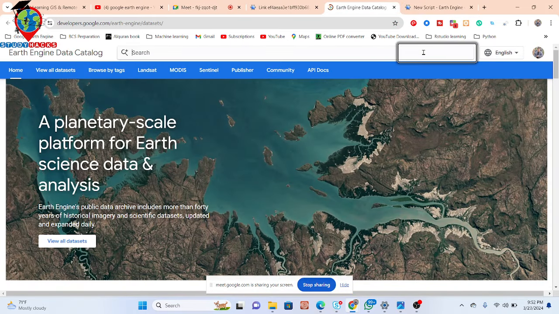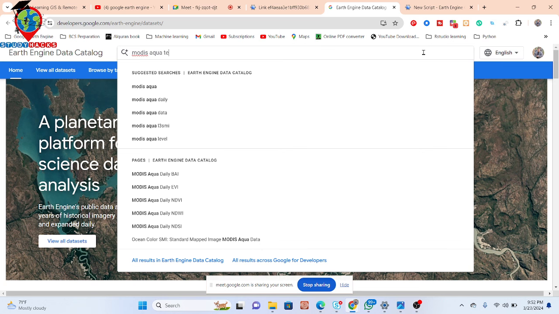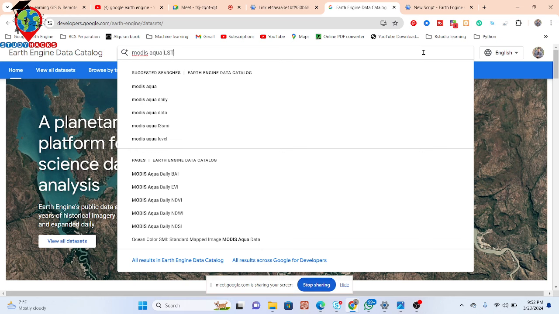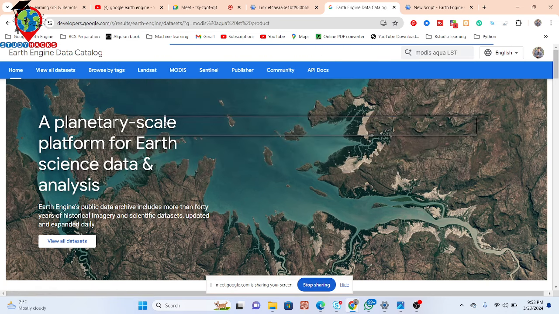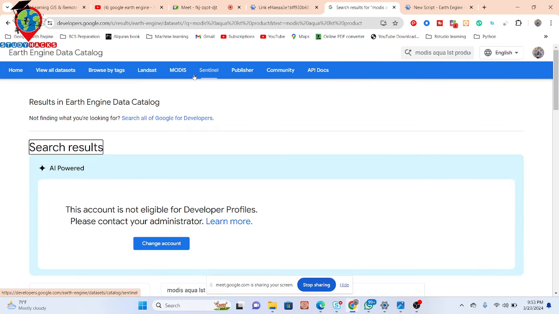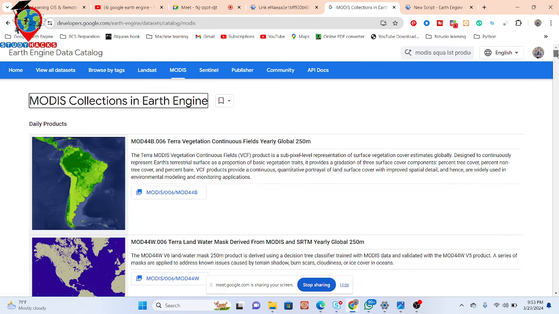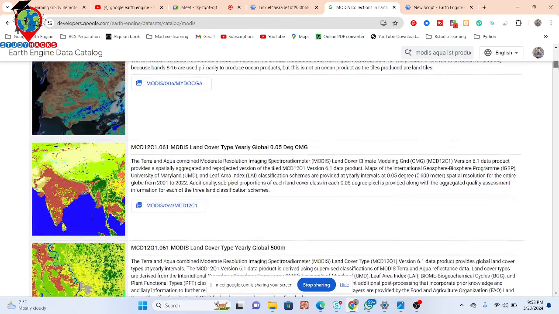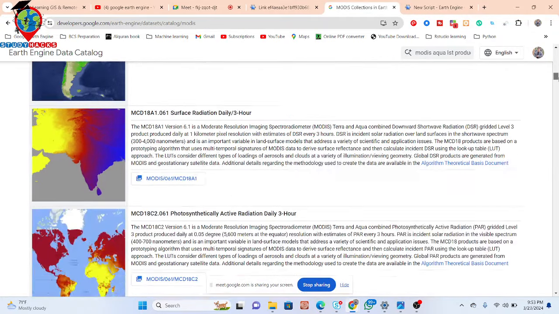Okay, so I simply search here MODIS Aqua, or simply go to the MODIS page. Then we can easily get all of those MODIS products. We find the MODIS Aqua temperature data. So ocean reflectance daily, then land cover dataset. Then we can get the MODIS surface radiation daily,